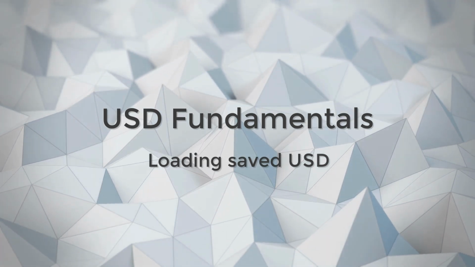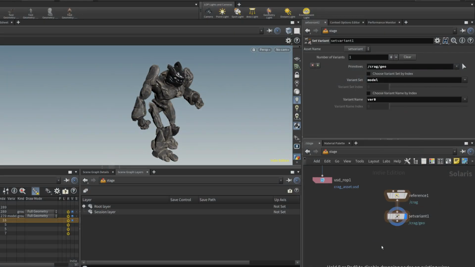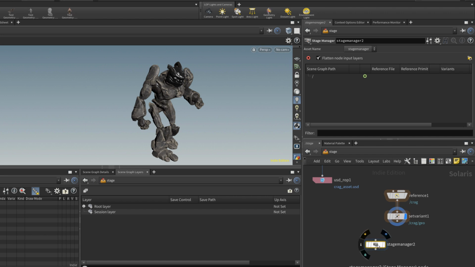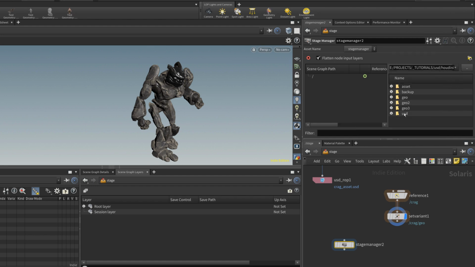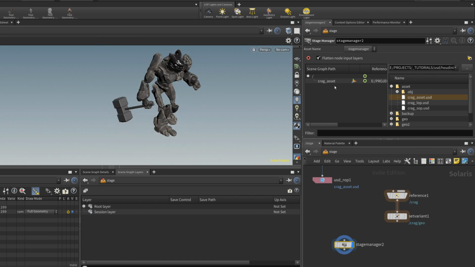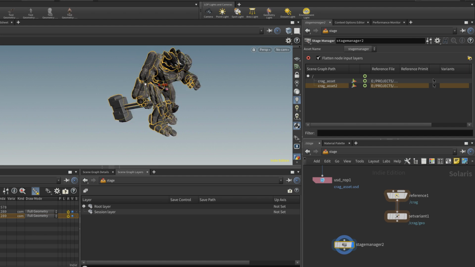To finish, I will just show you one more way to actually load a reference, and that would be using the stage manager. So we saw in the past that we could use it to manipulate the hierarchy within our graph, but we can also use it to load some reference just by clicking here, open file browser, and you can see I have this asset thing, and I can drag and drop any USD from any location. And then if I'm looking at this, we are having this crag. So once I'm happy, I can remove that. And of course you can duplicate this primitive just like so, or with Control D. And you can also move it in space.